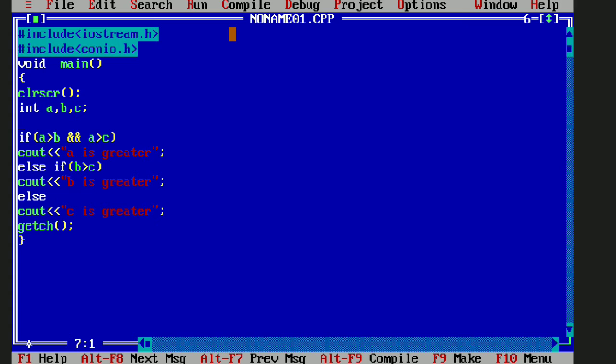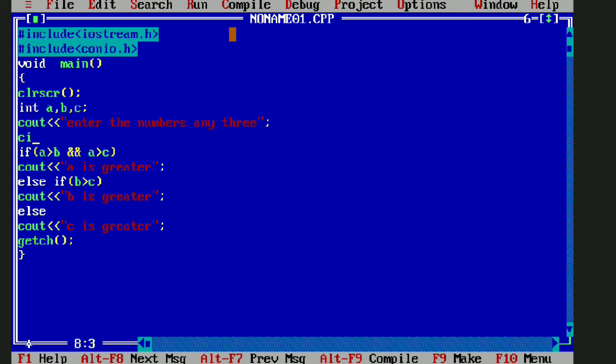So we are giving the command cout here, meaning printing something, that is, enter the number, any three. Okay, so as the user will insert three values, and we are taking those values from cin, a is the first number, b is the second number, and c is the third number.